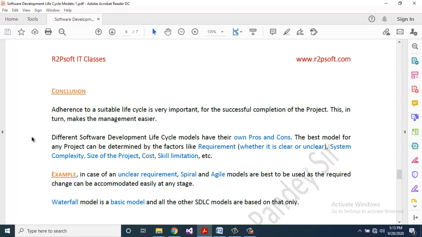The best model for any project can be determined by factors like requirement, whether it is clear or unclear, system complexity, size of project, cost, skill limitations, etc. Example, in case of an unclear requirement, serial and agile models are best to be used as the requirement change can be accommodated easily at any stage.